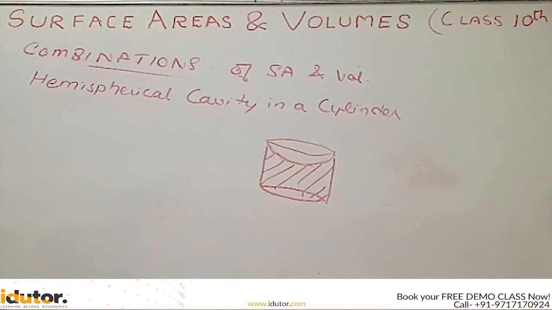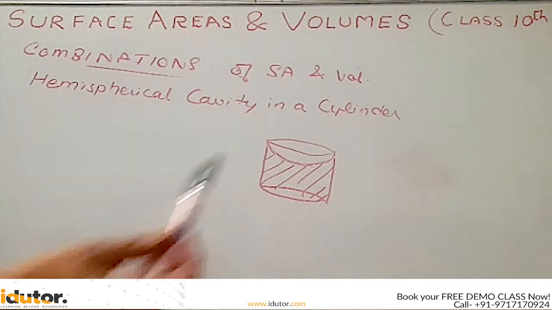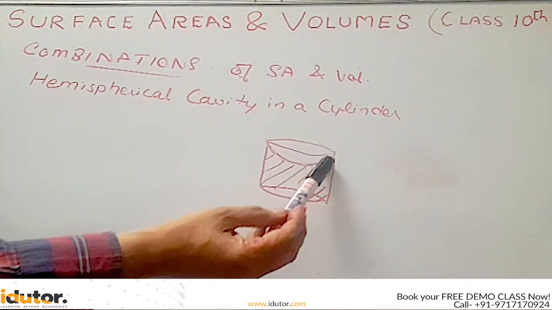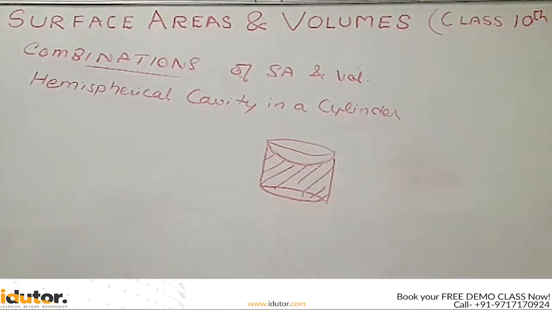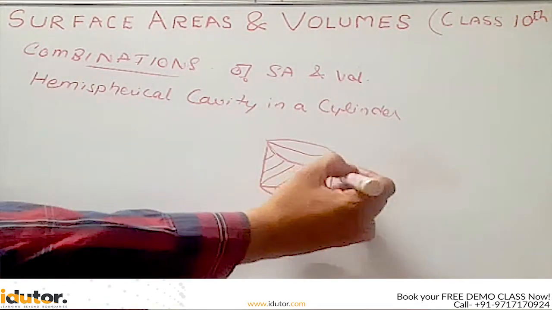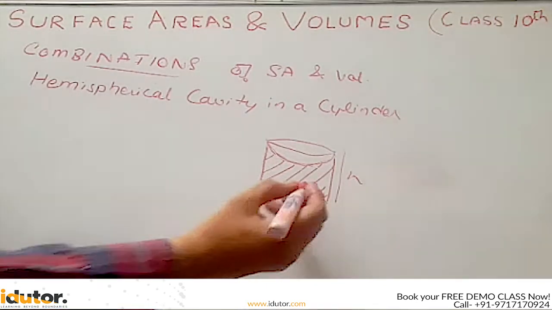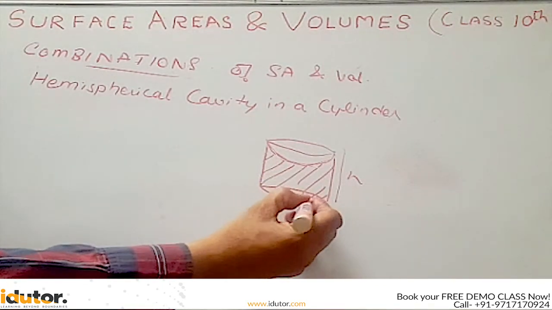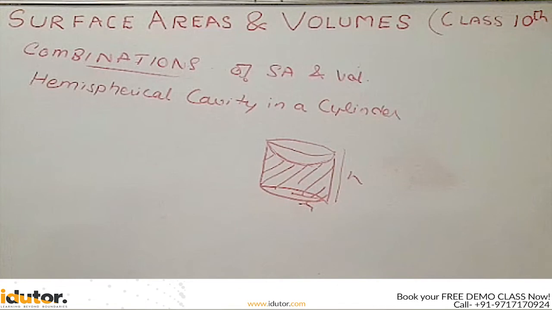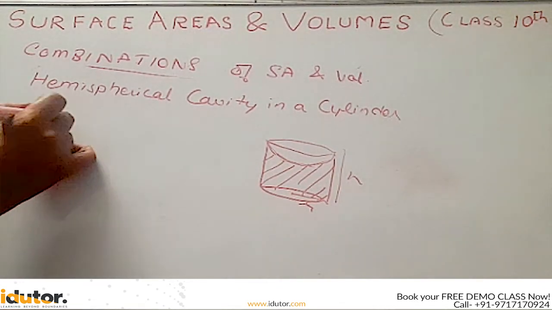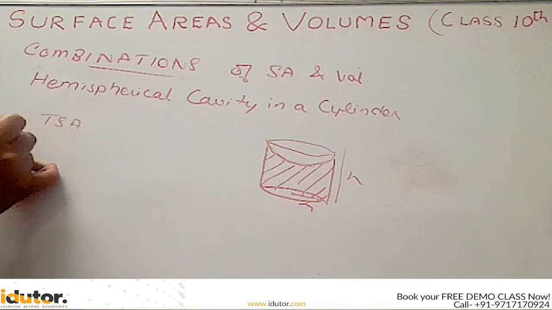This is the remaining part. After taking out this particular part, we are remaining with this part only, which is shaded. So the height remains the same, the height of the cylinder. The radius remains the same. Radius only. Okay. Now here, if we try to find out the total surface area, TSA, that will be equal